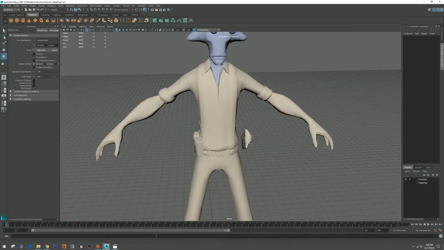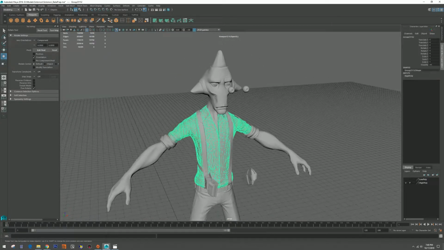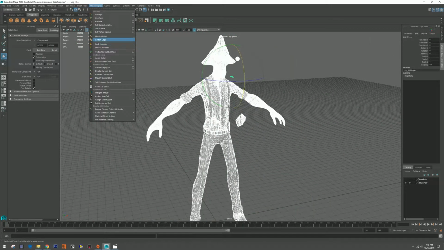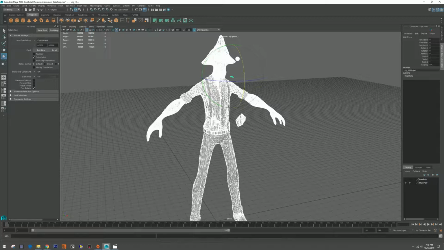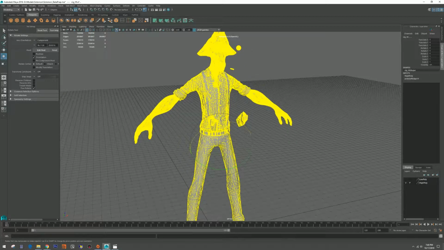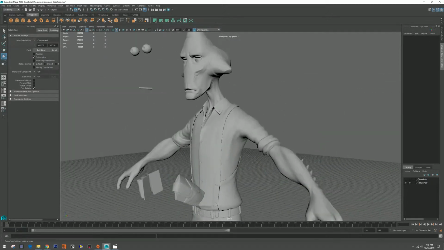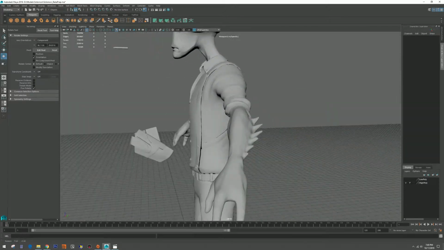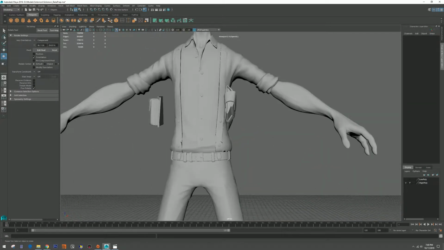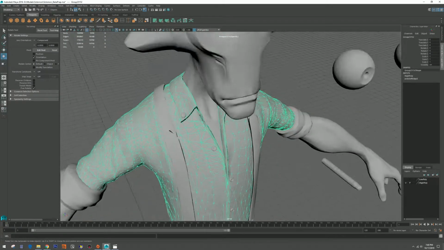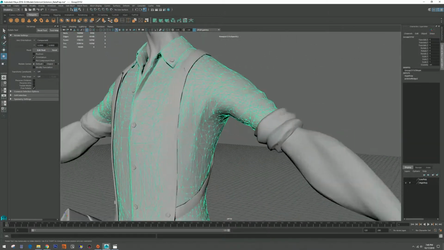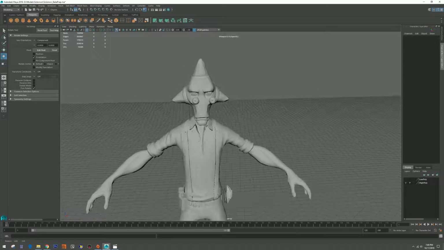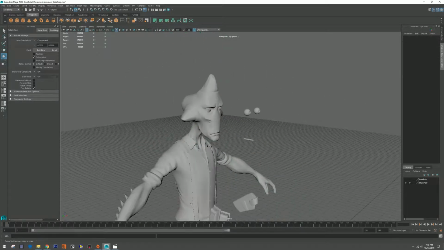But anyway, the idea is a high poly model, and actually this needs to be smooth. I'm not sure why it's not, but that might take longer. Oh, no, it's cool. Okay, smoothed. All right, so the high poly model typically has all the detail that you would want to put on a model. And I have decimated this one, so it's actually lost a lot. Some parts of it are not that high. Some of it is pretty high, like this arm here. But anyway, typically a high poly would be higher than this. I just sort of decimated maybe too much, but